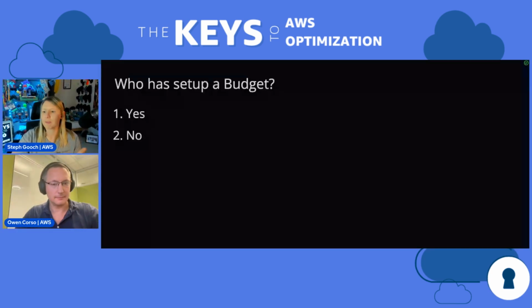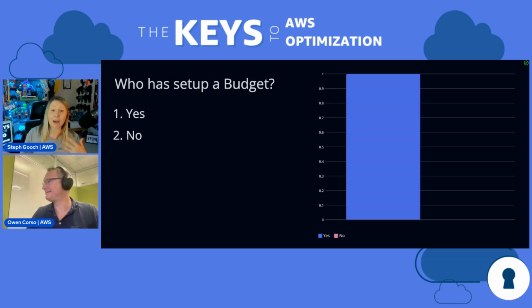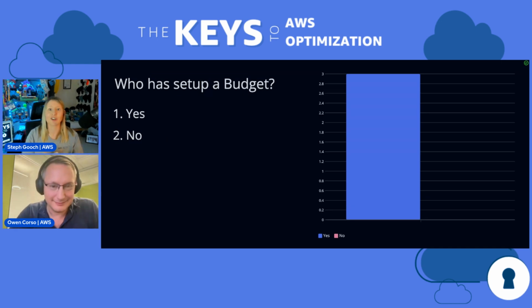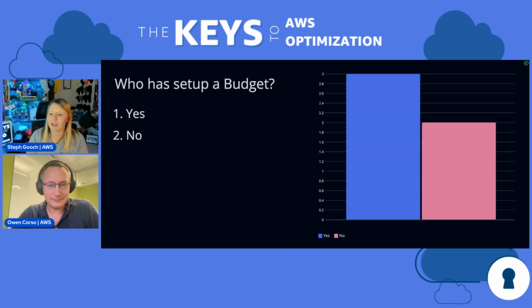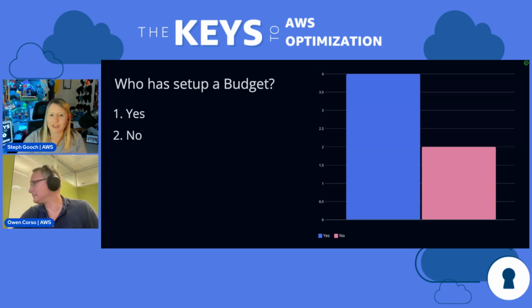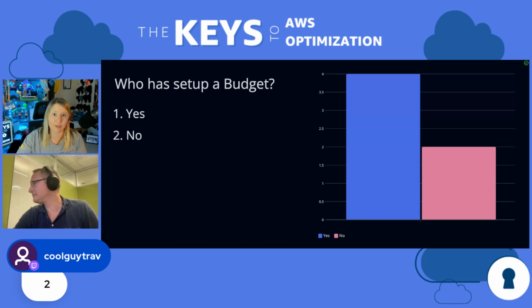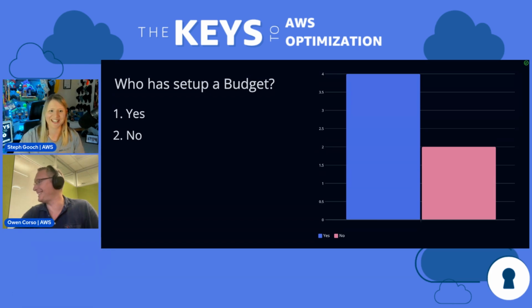So, quick question to everybody watching out there, just generally, who has set up a budget? 1 for yes, 2 for no in the chat. Have you set up a budget in your account? In my personal account, I definitely have set up a budget. And I remember when I got a spend notification, and I was like, "Whoa, what's this?" And it was like something really small, like a license I'd set up. Okay, brilliant. People were coming in. Dayledge 2. Okay, so we've got a couple of yeses, a couple of nos. Oh, cool guy Trav has said no. I know who you are, cool guy Trav, and you should have a budget.